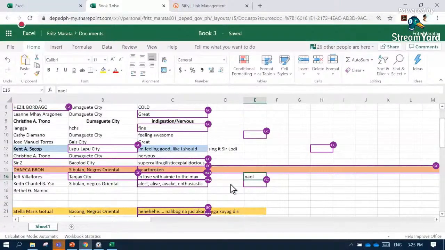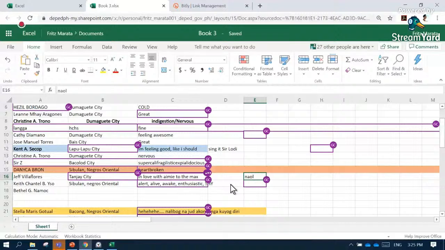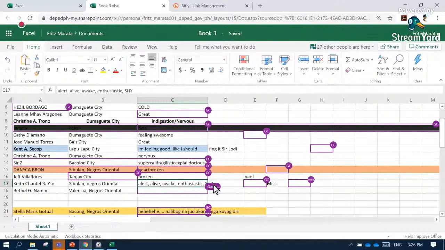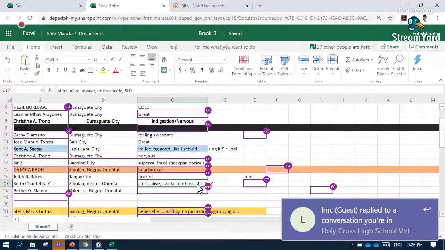Sana all. We also have Sir Keith Chantel or Ma'am Keith Chantel, I don't know, from Sibulan, Negros Oriental, and she's alert, alive, awake, enthusiastic. And what's this? Shy. Wow, shy. And all caps pa ang shy. Miss available. Wow. So for all those who are heartbroken there, Ma'am Keith Chantel is still available.